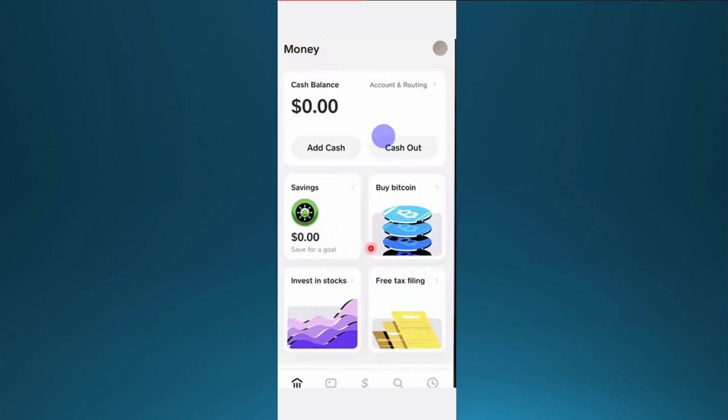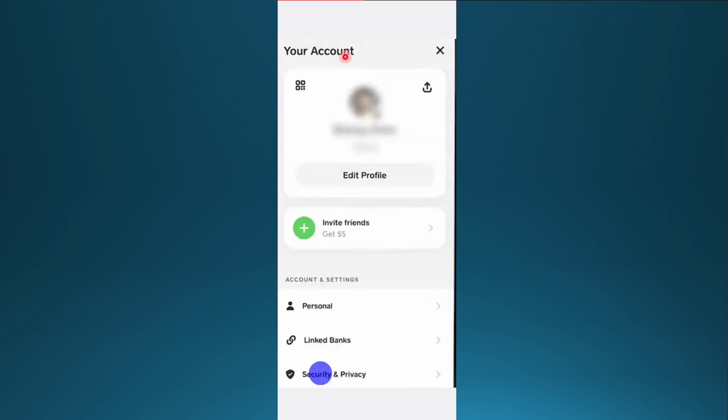Now the first thing I want you to do is launch Cash App, come here to the top right and just click on your profile icon. And that will redirect you to this page right here. I want you to scroll down until you see account and settings, and from here tap on the security and privacy